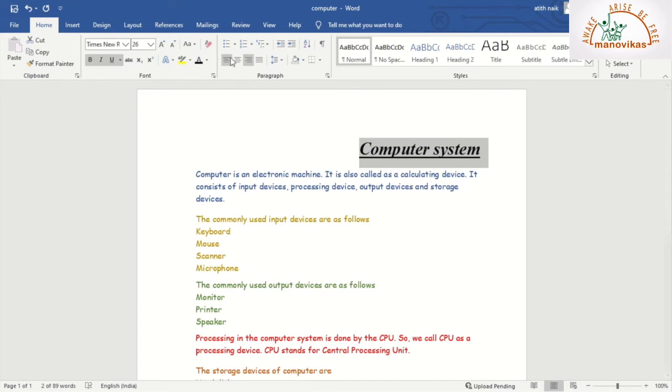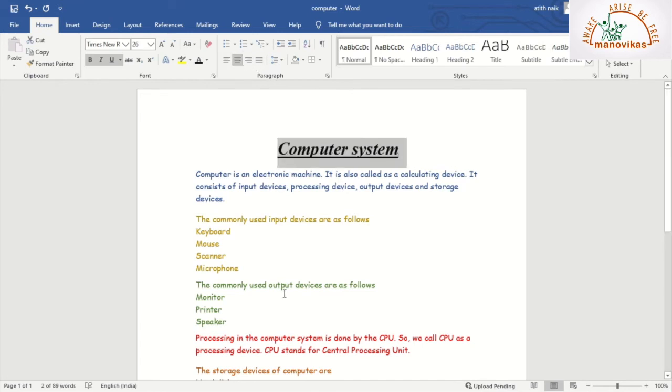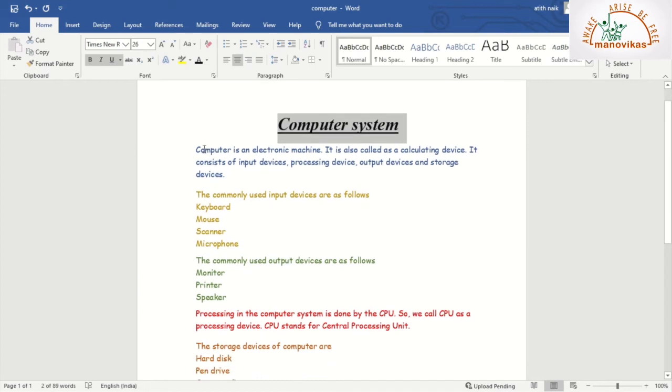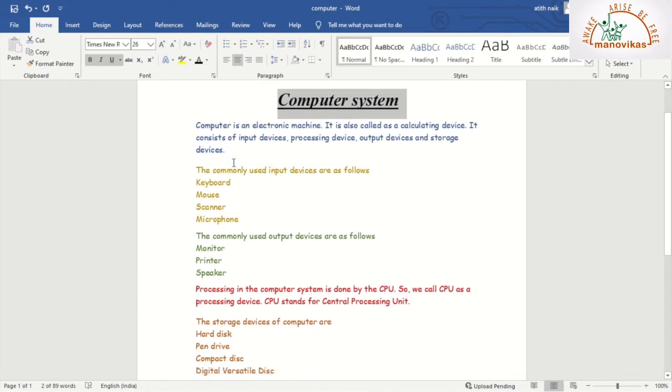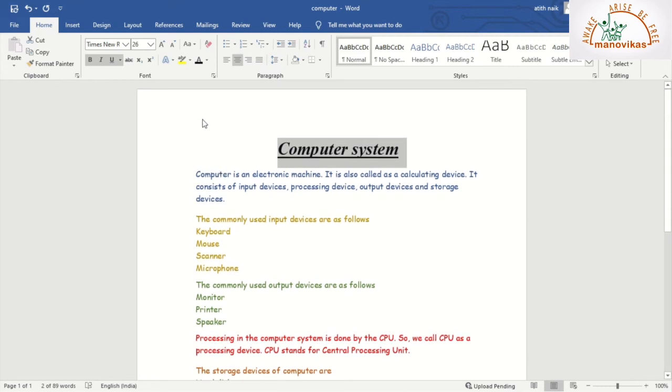Okay, so let me get the text in the center as it's the heading of the document. Then we have justify. Justify will align your text in such a way that the text looks even from both the margins.